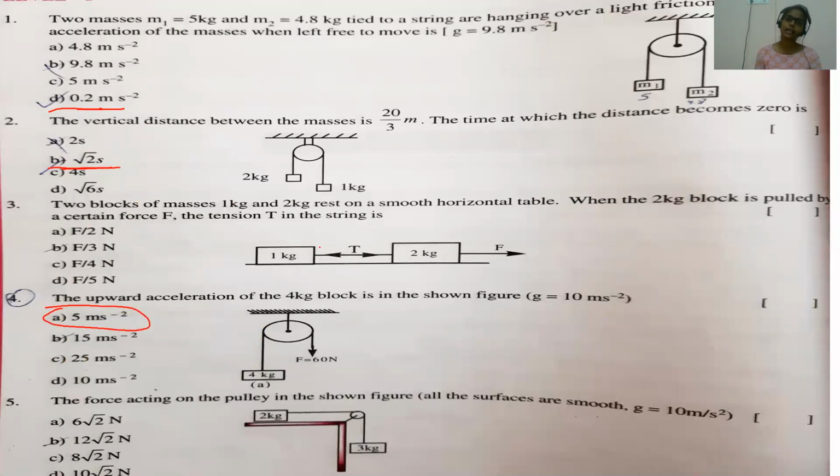Third one, see, it is like connecting bodies with some string. Now in this condition, acceleration is given by force divided by the sum of the masses acting, m1 plus m2, two masses are acting. The masses are given, 1 kg plus 2 kg. So add it up, children, 1 plus 2, 3. So this is your force, F by 3 Newton.